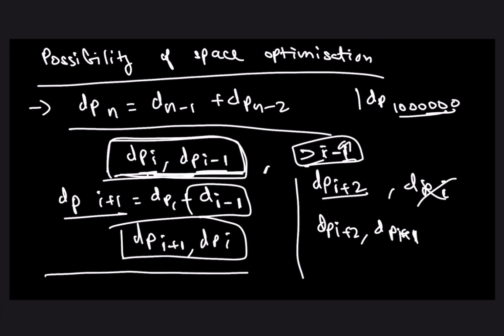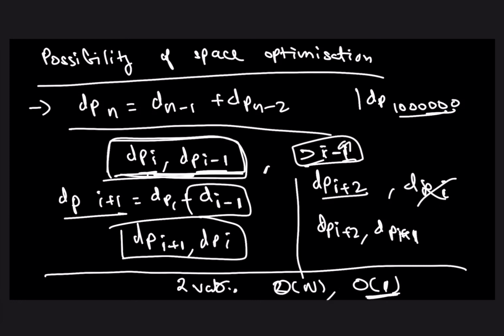In this case, since you're only keeping two variables in memory at a time, the total time complexity will remain the same, O of n, but the total space complexity will drop down to O of 1. Then you compute the value of the third variable, and then you delete one of the variables again. So we have already discussed the three factors. On this factor, memoization seriously loses the race, and tabulation wins on the basis of this parameter.